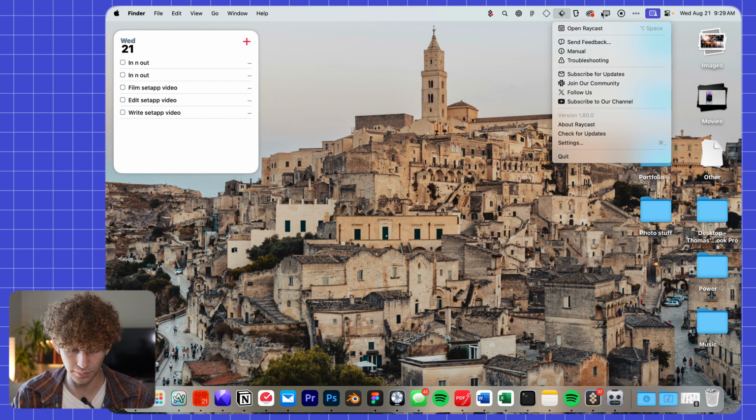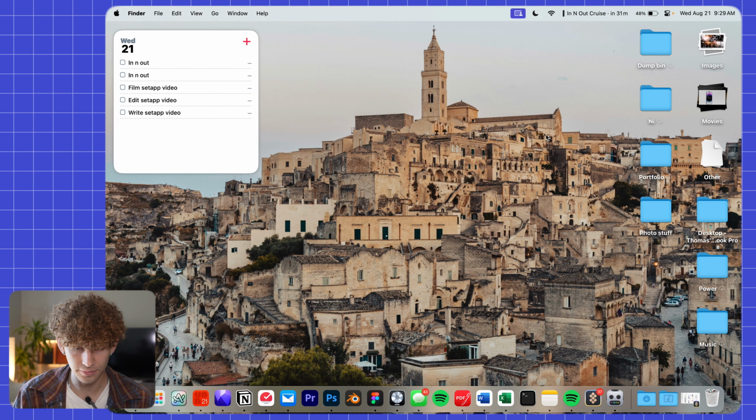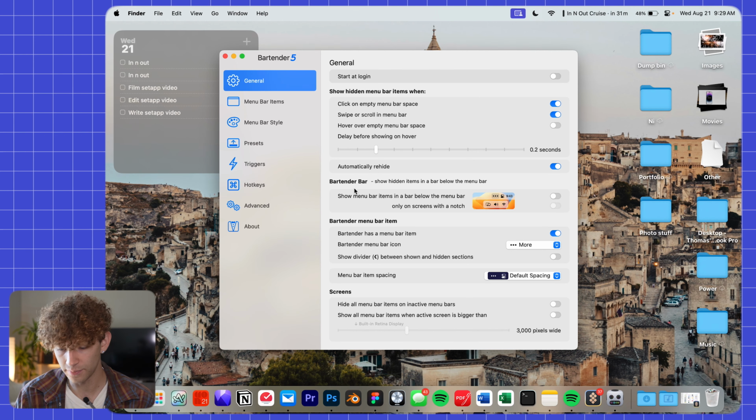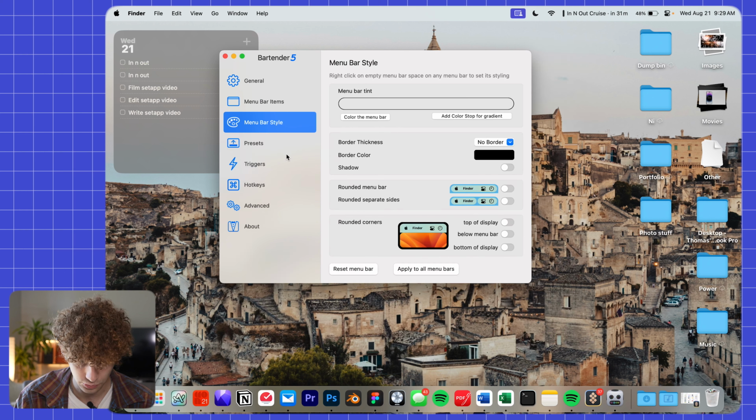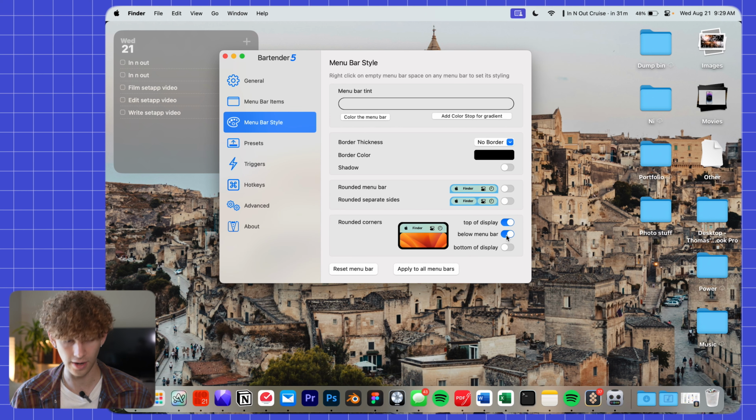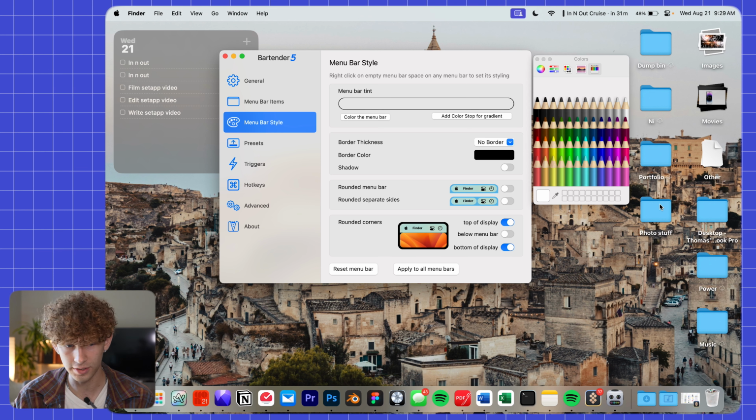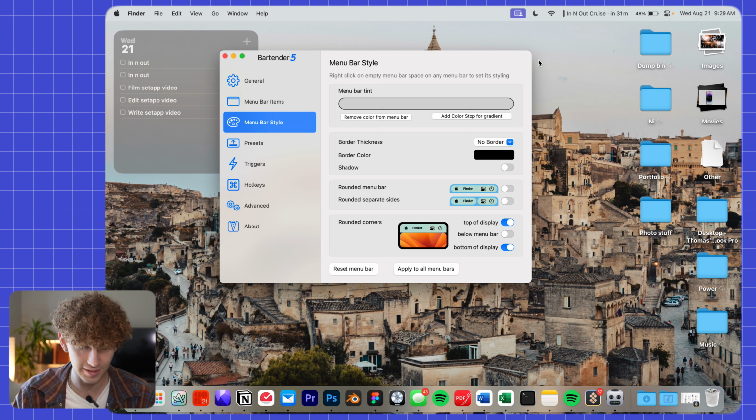But if I go into Bartender settings right here, you can see I can really change it however I want, and I can make all the edges on my computer rounded, which I feel like is kind of a cool idea as well. And so I can round the top and the bottom of the display, so now my entire computer screen is rounded, which looks sort of nice. I can change the tint of the menu bar to be whatever I want, so you can see it has a green tint to it or a black tint to it. I mean, not that you would ever really need to use this stuff, but it is cool that that is an option. You can add gradients and things like that, and it has a lot of presets and